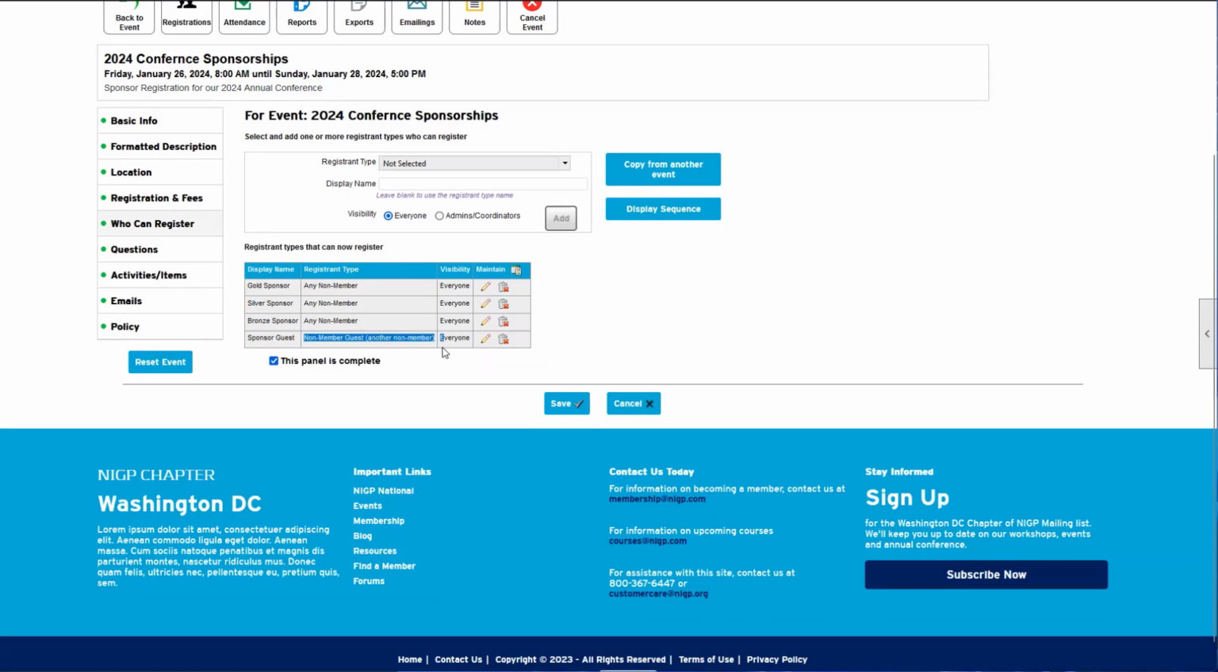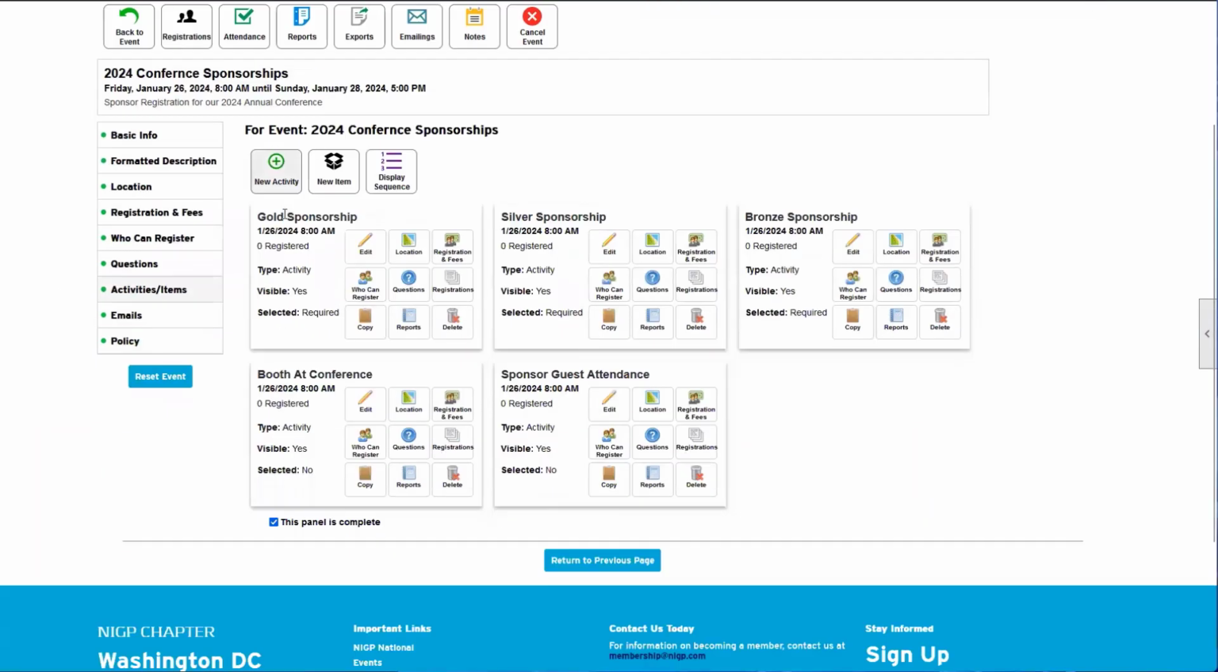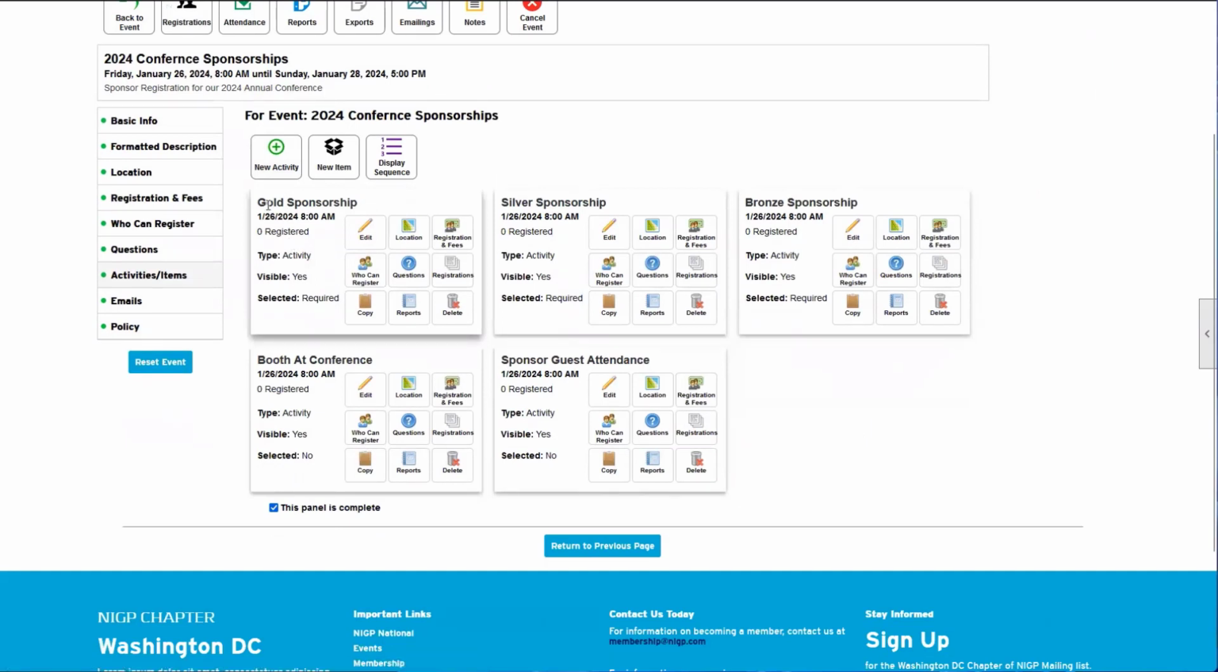So they can bring a +1 just as a free part of being a sponsor. So just like before, I'm not setting prices on this page because I've set this up also as a multiple activity event. And on our activities and items page, I'll go ahead and click into this. You'll see I've set up, very similar to our registration page, a gold sponsorship, a silver sponsorship, and a bronze